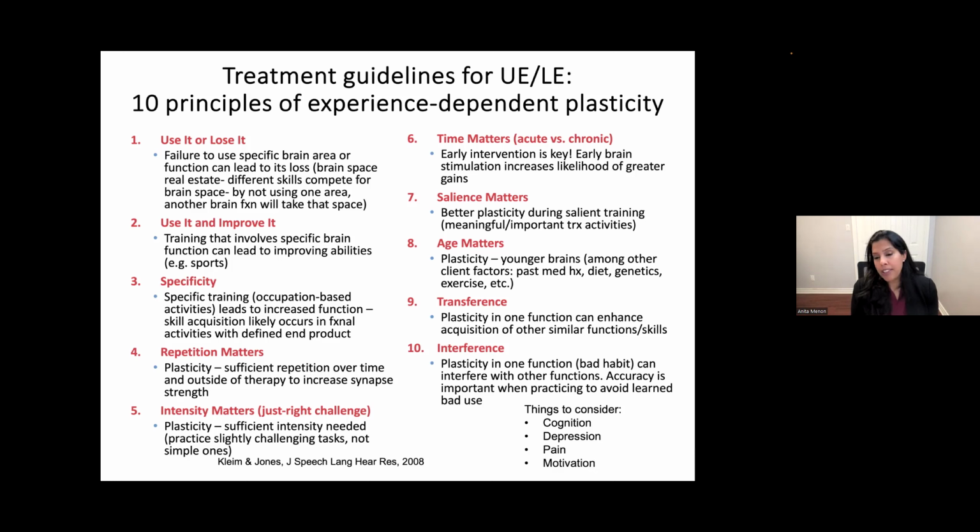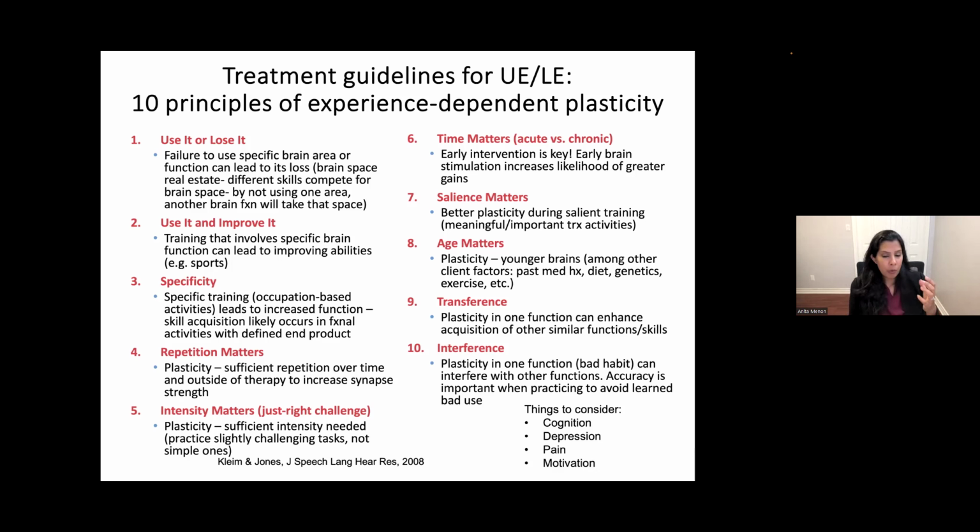Transference. If we're able to strengthen certain neural pathways and acquire a function, it could then translate to acquisition of other similar functions or skills. So plasticity in one area or one function can actually transfer to other areas of function in the brain. And then interference is very important to consider, that sometimes what happens is plasticity in one function